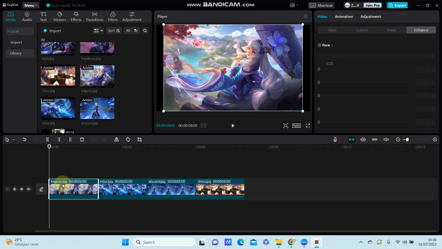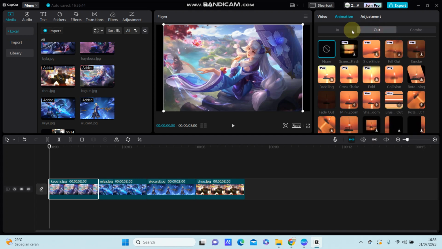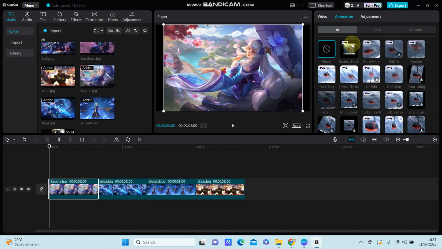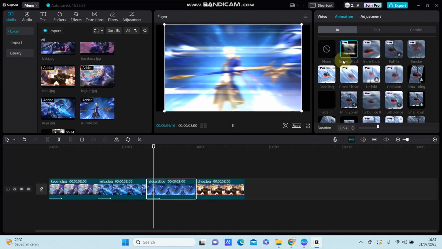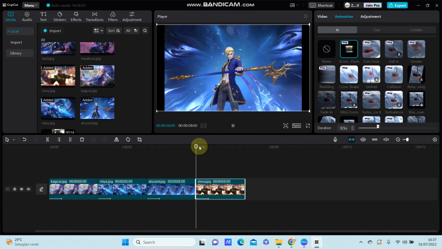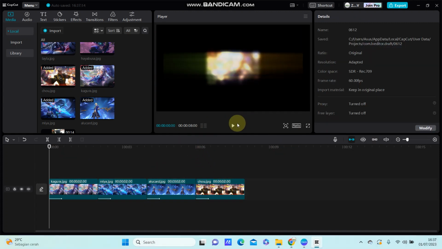So select clip and select animation, and you can select in or out, and in this animation you can find the screen place. So just click on it and you can adjust the duration and apply it to the clip. So you can see the result,